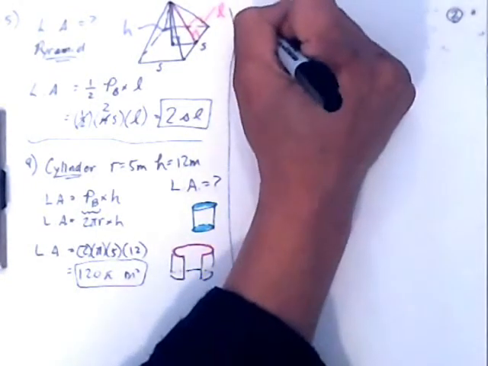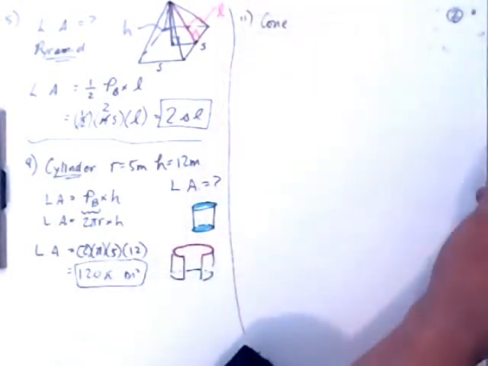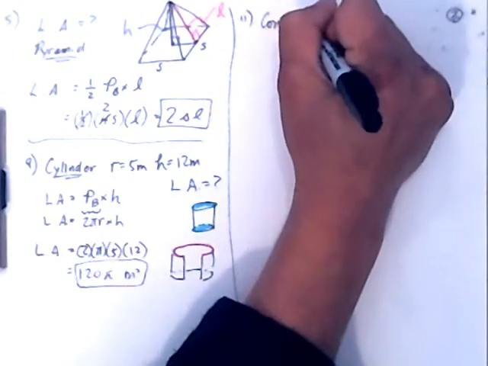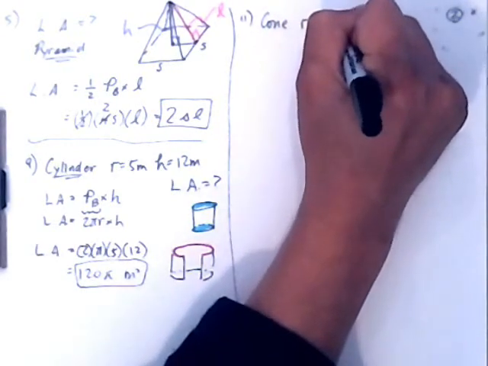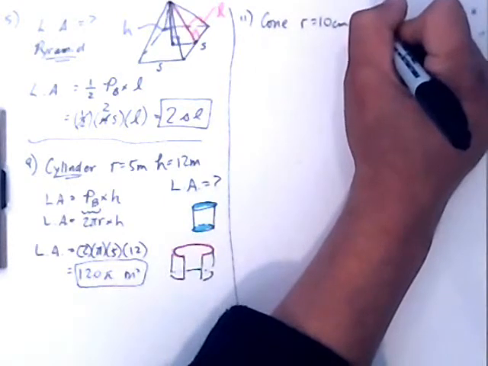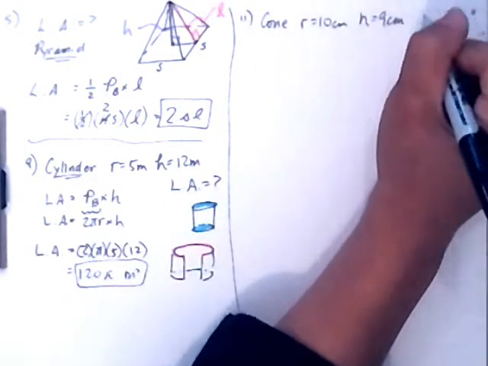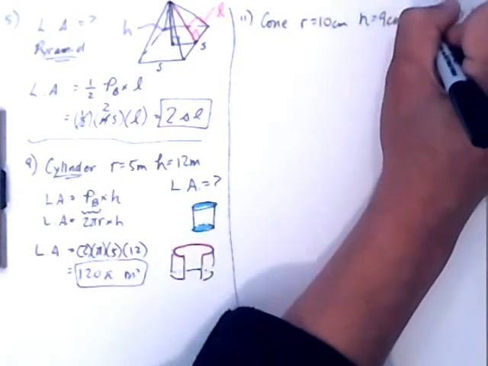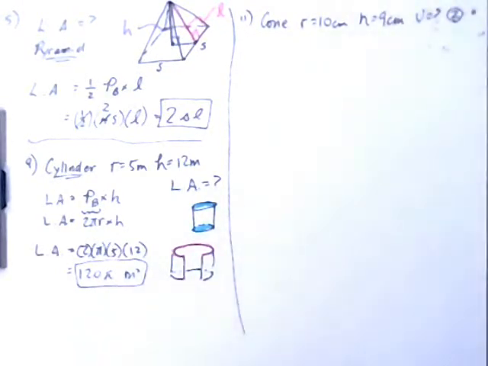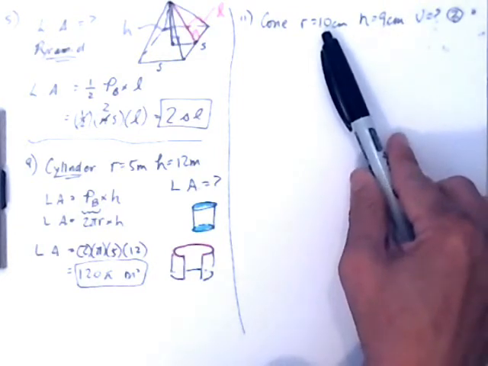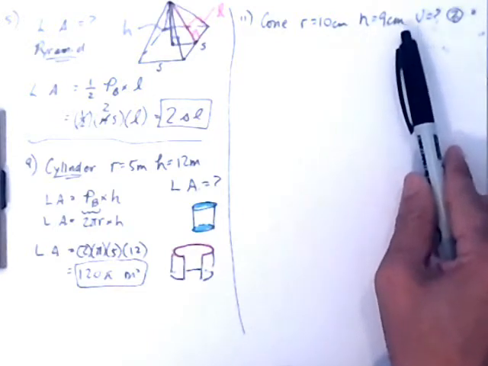A cone, this time, with radius equal to 10 centimeters this time. Height is equal to 9 centimeters. And what am I looking for? I'm looking for the volume. Hope you can see that very well. Again, let me read the question. A cone with a radius of 10 centimeters and a height of 9 centimeters has a total volume of how